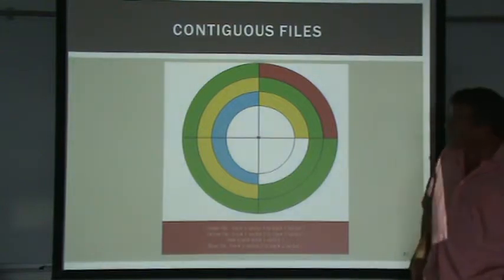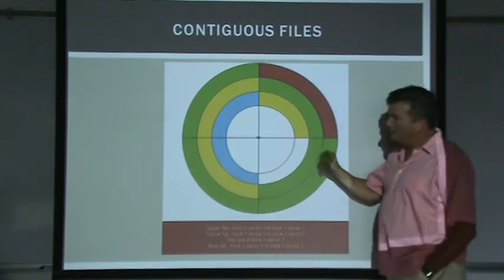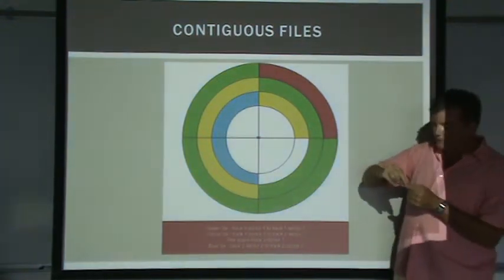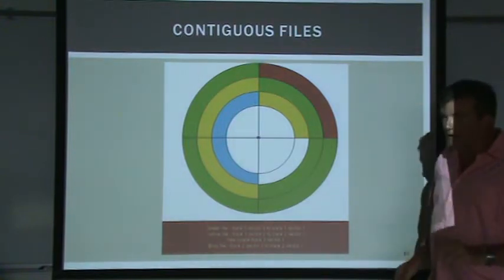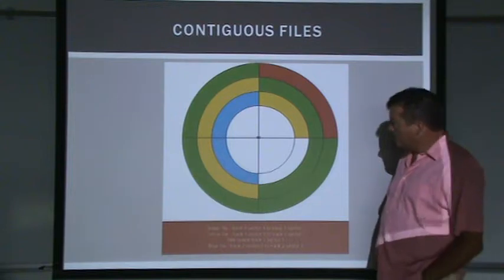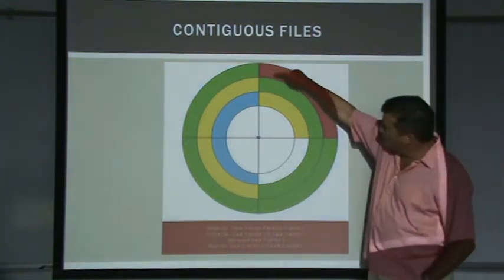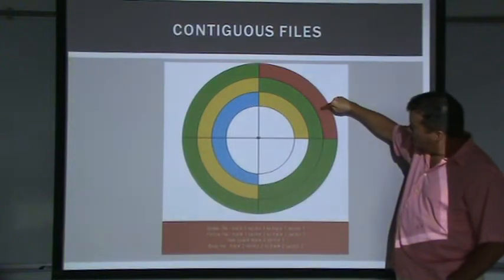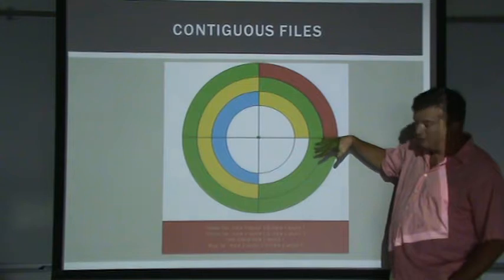So if we wanted to allocate contiguous files, meaning once we start writing it to the disk, it should appear on the disk in a row. Let's say we wanted that. There might be an advantage to that, and there might be a situation where that's not really needed. So what we might do is let one sector be the index for where everything is on the disk.